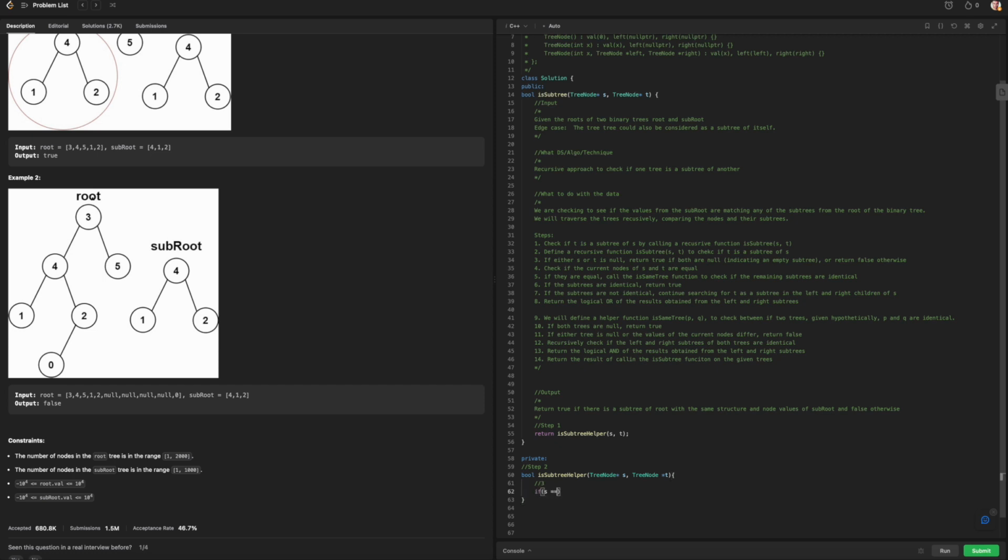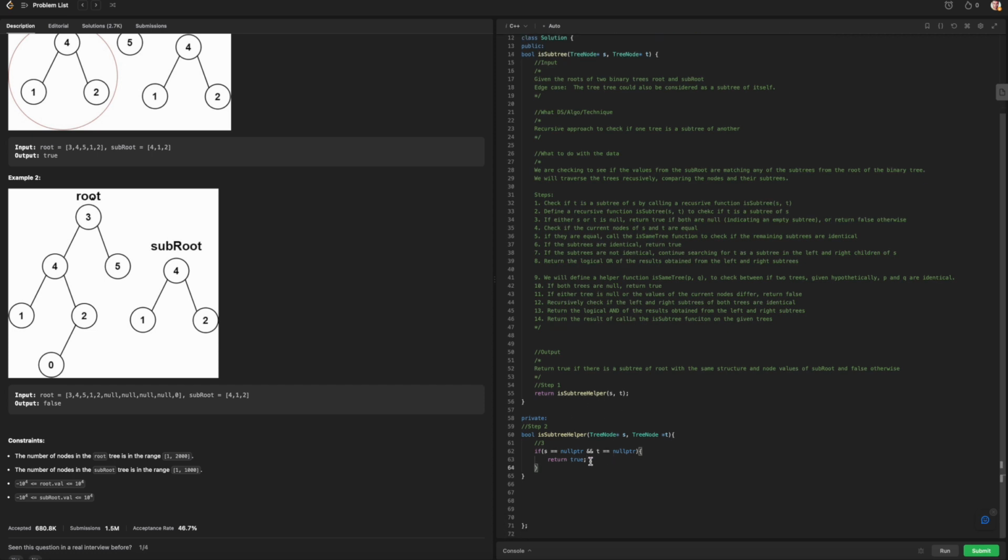If S equals null pointer and T equals null pointer, we're going to return true, given the fact that they're both the same. That's our first edge case that we will deal with. Since they have to be the same, if S equals null pointer or T is equal to null pointer, given the fact that they're different, we're going to return false. Now that we got those,